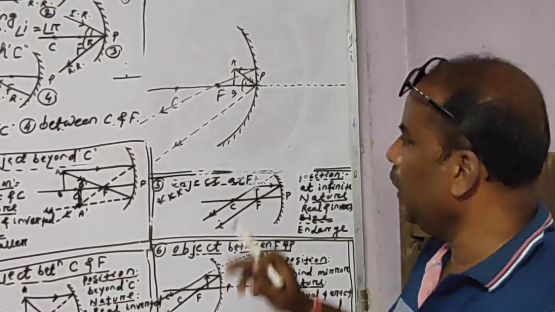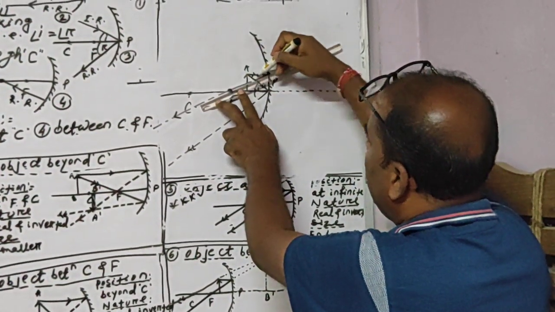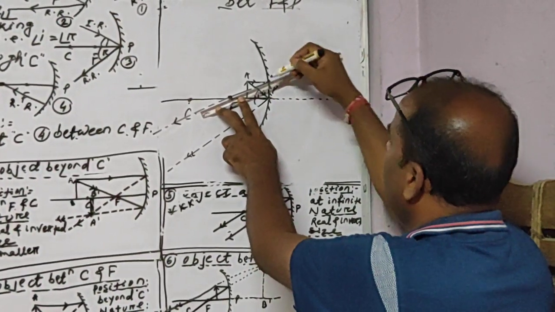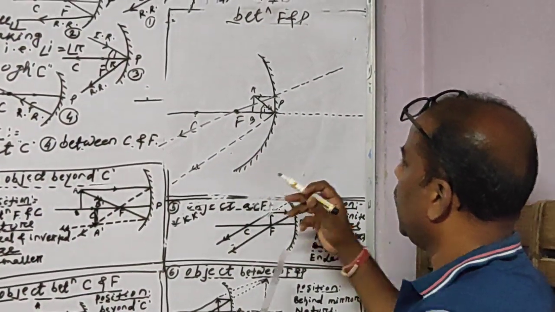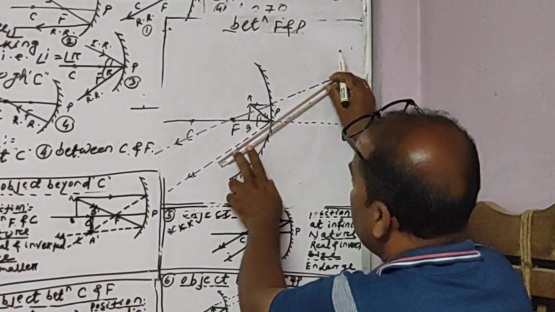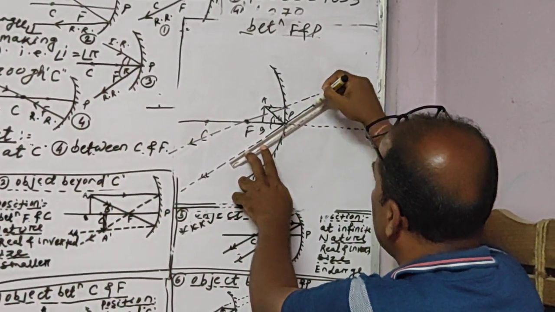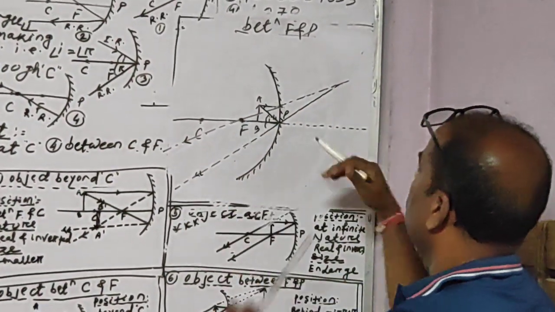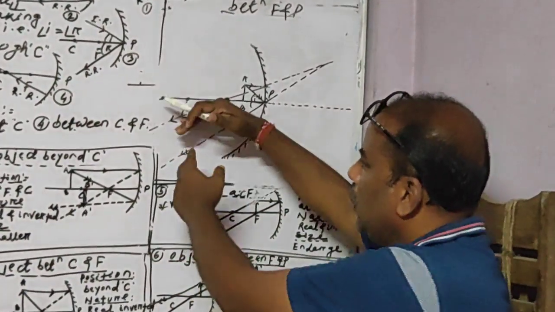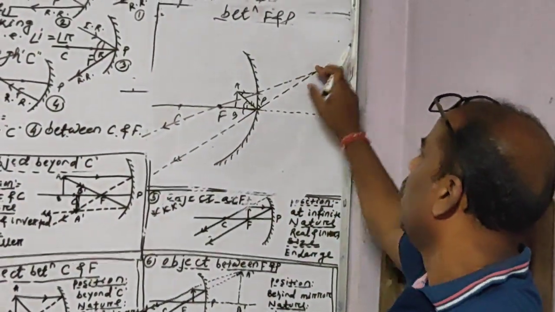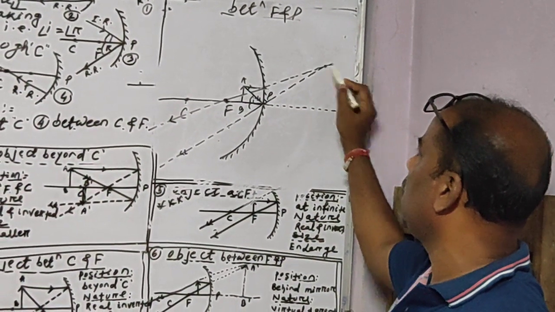So you can take the scale and put the scale just matching the first reflected ray like that. Then half of the scale should be outside and just put the dot dot line this side. Again this second reflected ray, you match your scale with it and again produce it with dot dot line. You will see this will match on the right side definitely, because if these two rays are diverting, they will be narrow in the opposite side. So they will intersect, definitely somewhere they will intersect. You can see here they are intersecting.